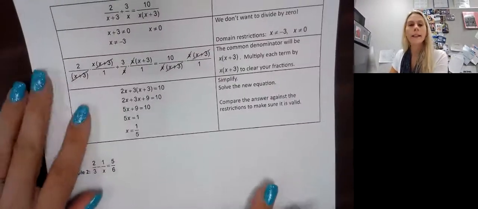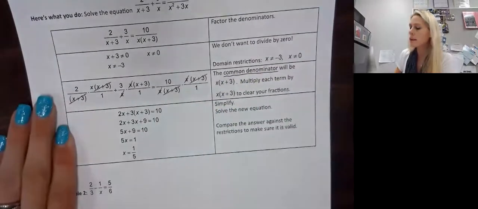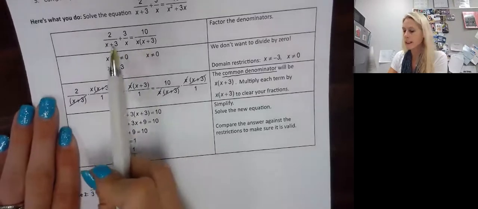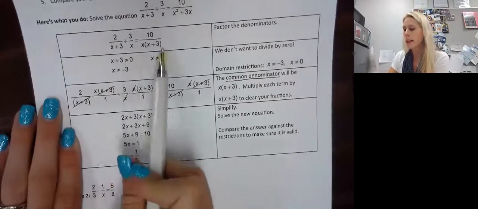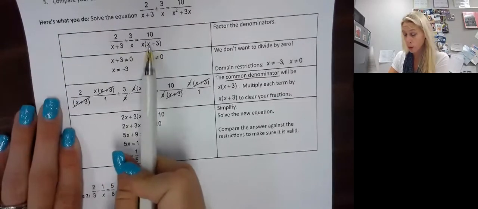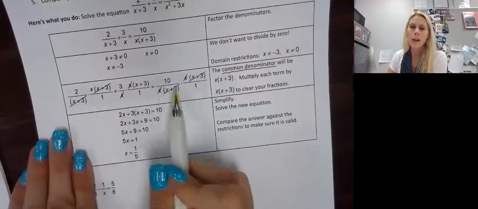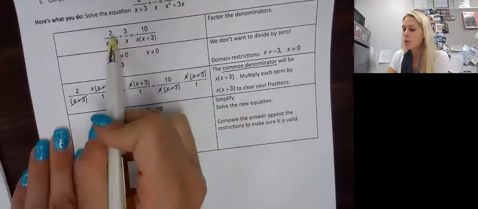Now I need to look at my common denominator. Okay, my common denominator is x times x plus 3. See, this one's missing an x, this one's missing an x plus 3, and this one has them both. So I don't have to worry about that. Okay, this is a fancy way of trying to do our common denominators, but the truth is, 2, we're going